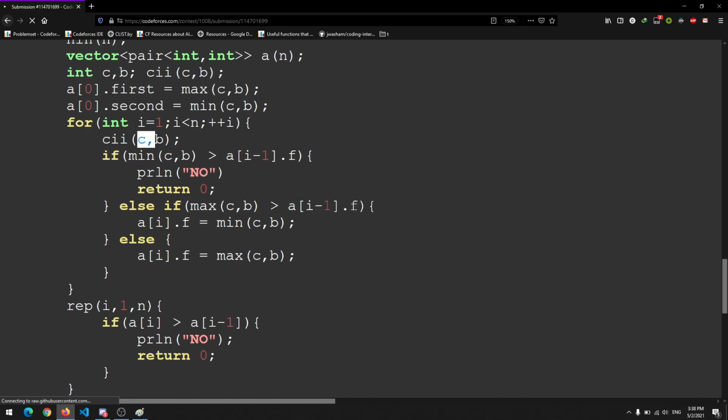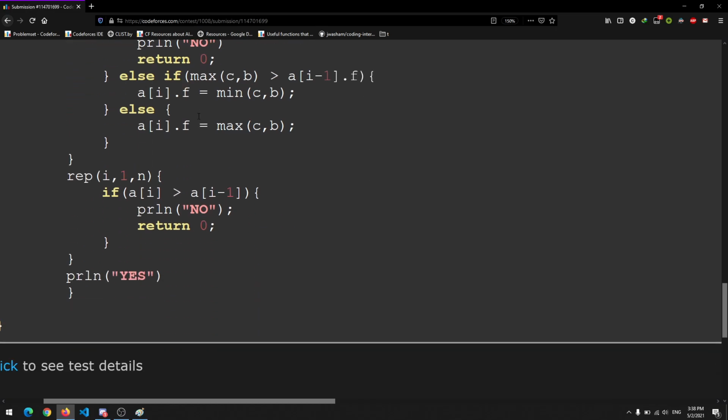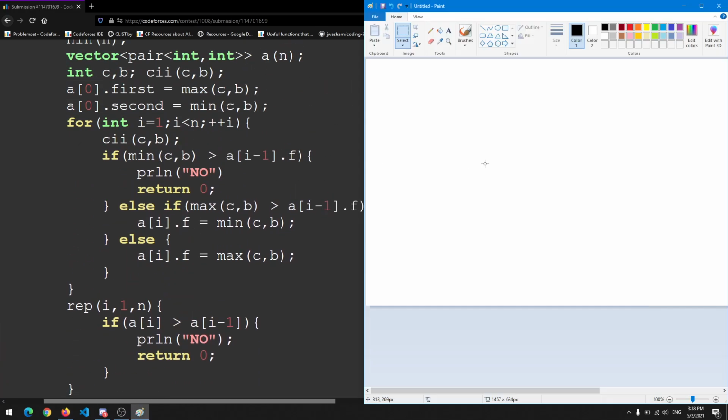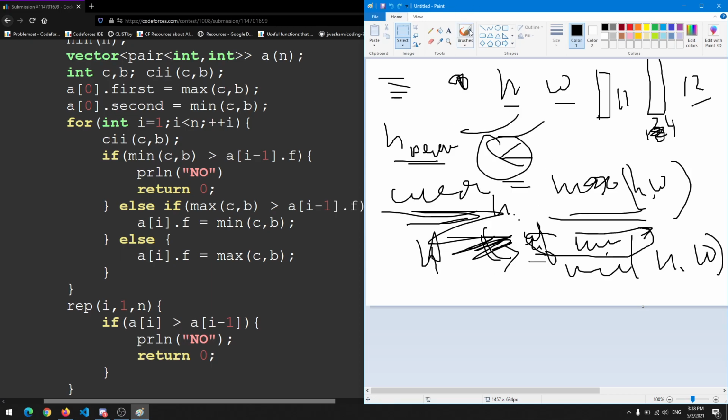So we take the current height and width as input, and if the minimum of c comma b is greater than the previous height, we print no. Actually this if statement is in the first line itself, so we don't need to execute this whole code and then check.